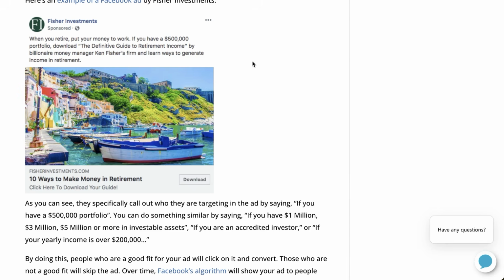So if you want to get the best results, I would recommend using a video lead magnet, or in other words, have a video that people can watch that explains the value that you provide, how you can help people, and why working with you is better than other alternative solutions. If you do that, then the lead that you generate is much more likely to convert into an actual appointment and a client.